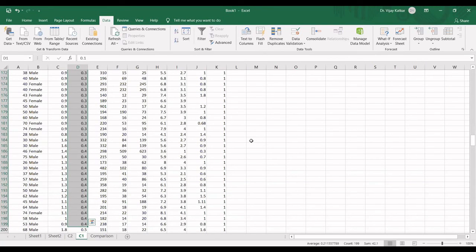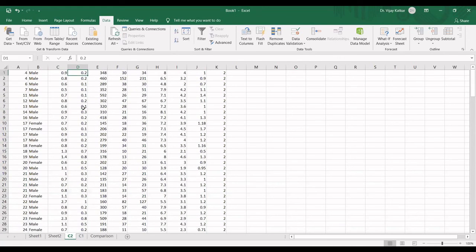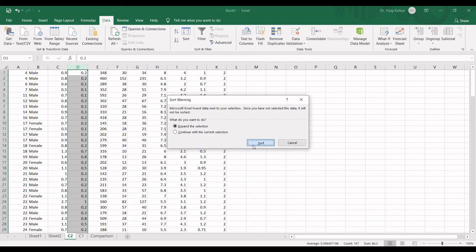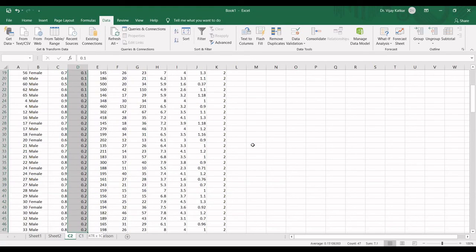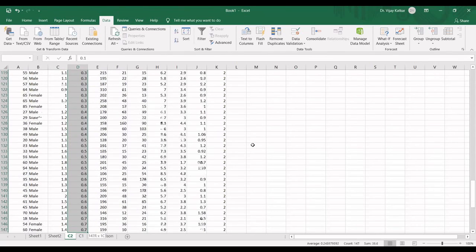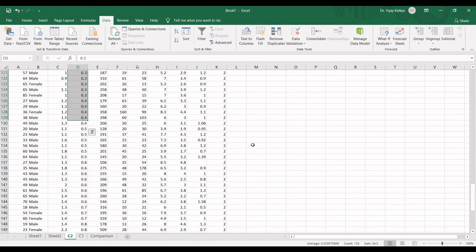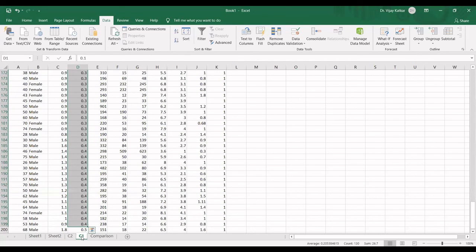199 records up to 0.4 in class 2. Let's go for class, sorry, let's go for class 2 now. That was for class 1, sorry. Up to 0.4. 129 records. Out of 167, huh? In class C2, there are 167 records something. Out of that, 130 records are having value up to 0.4 and 0.1. And in class C1, there are 199, almost 200 records, means almost half the records.